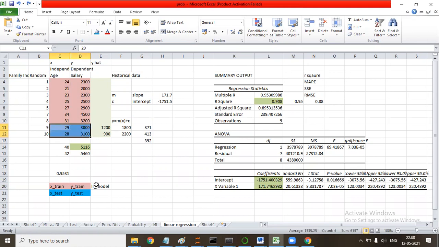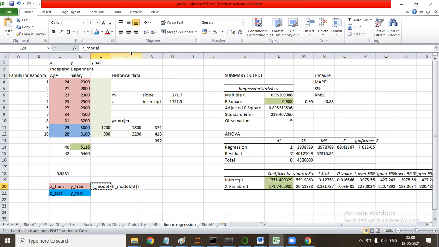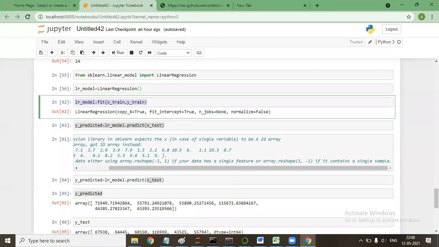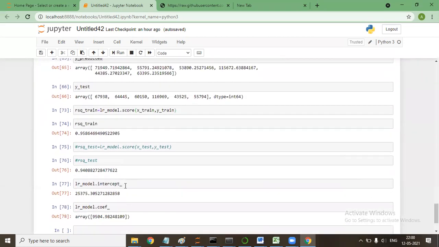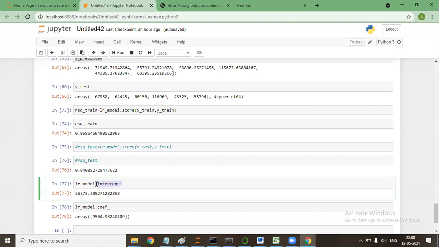The model that we have made, LR model dot fit, means I am fitting X train and Y train and making a model out of it. When I use LR model dot fit, the LR model will come as an output, and this model will have two things with it: one is the intercept, and second is the coefficient.